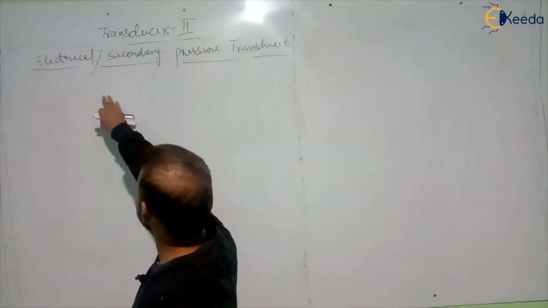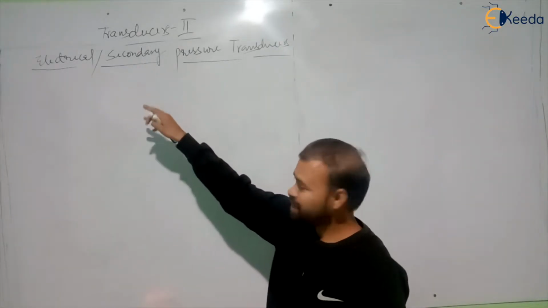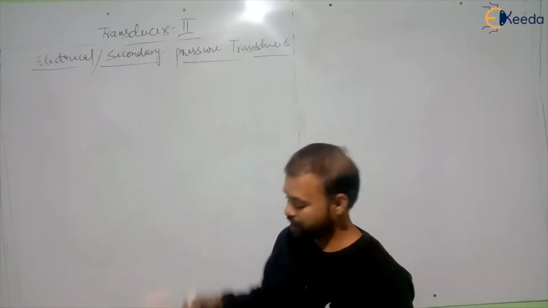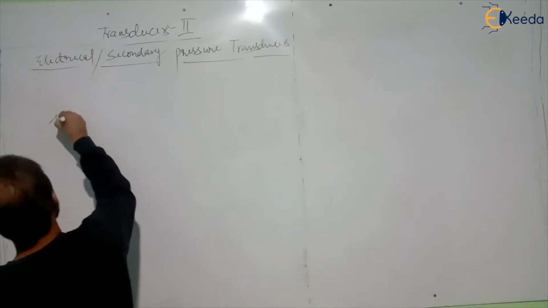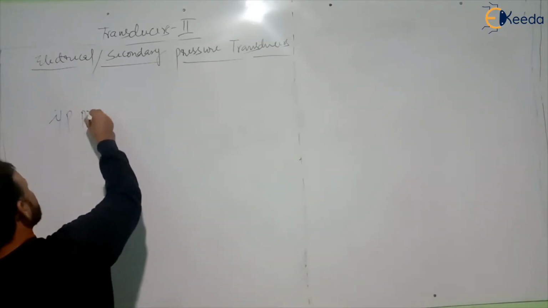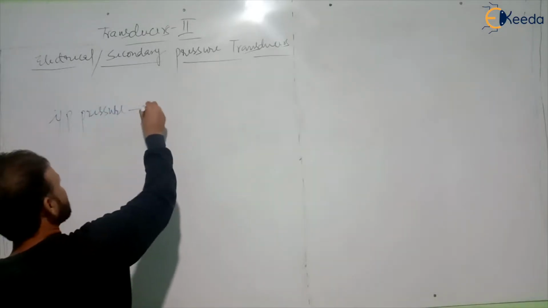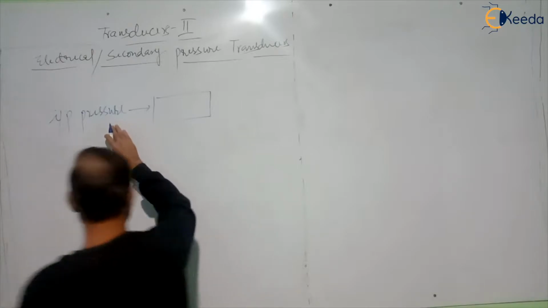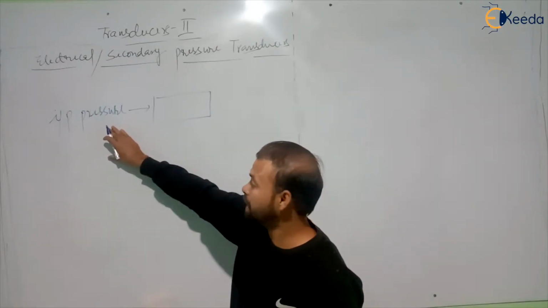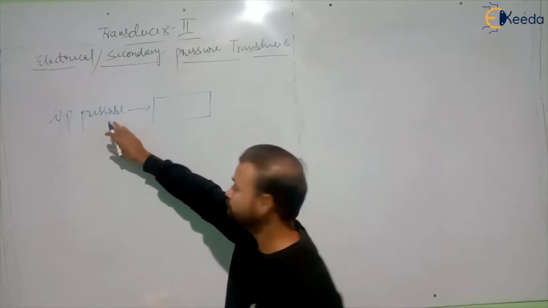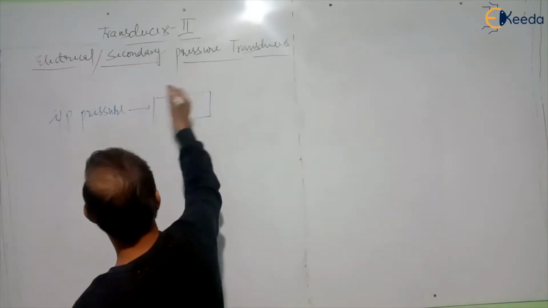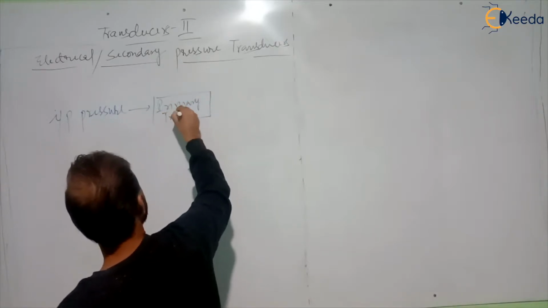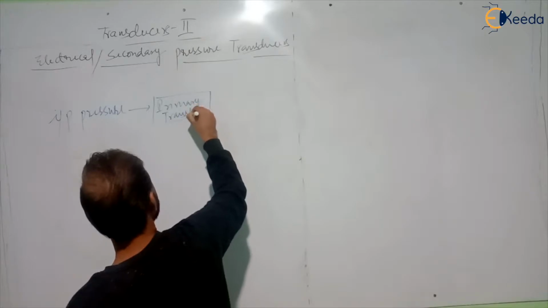Now this is a secondary transducer which shows output as an electrical quantity. So this is your input pressure, and this is your main process, where the pressure is generating and where you need to measure the pressure. To measure that pressure you need a primary transducer.